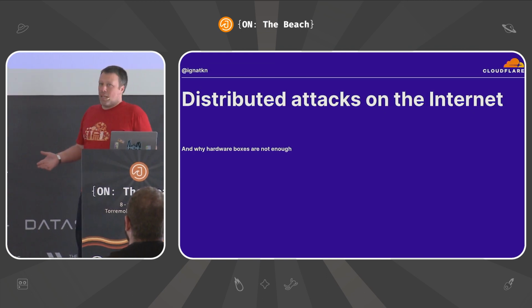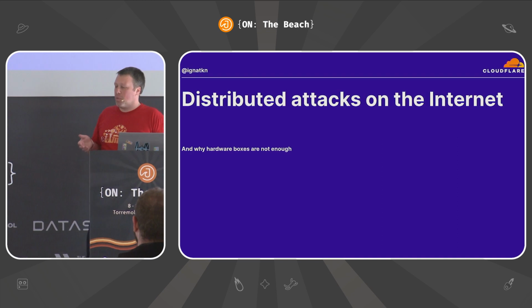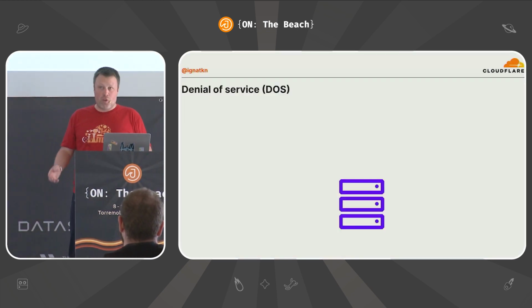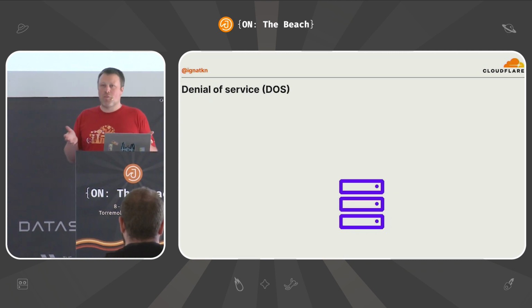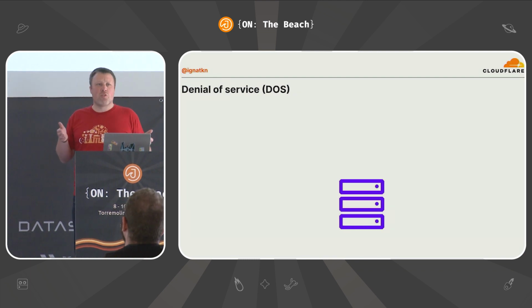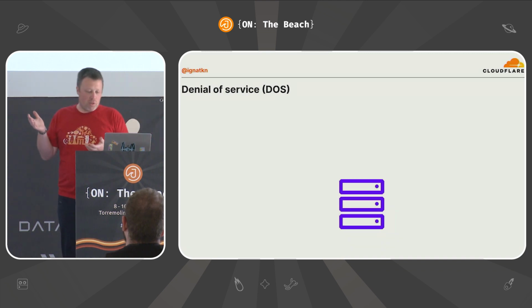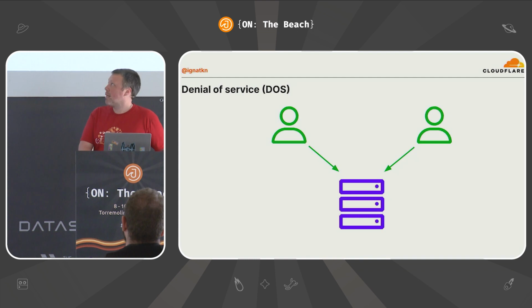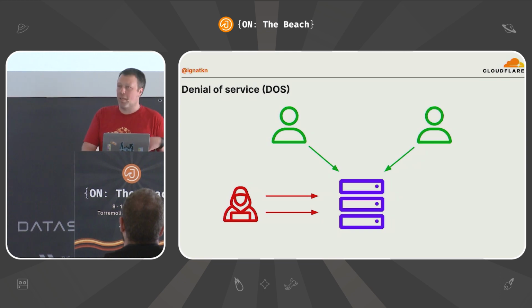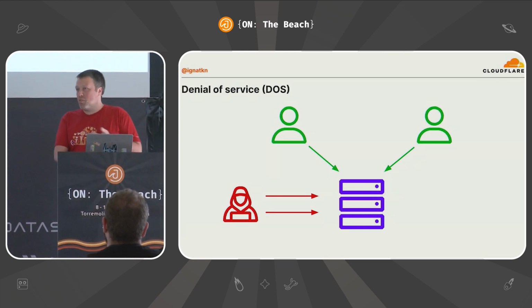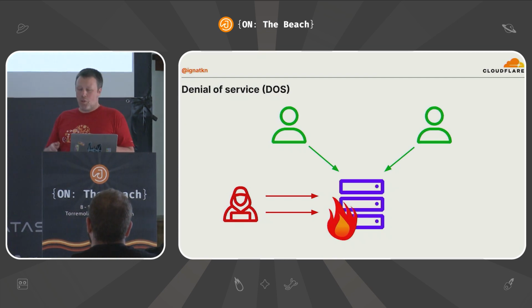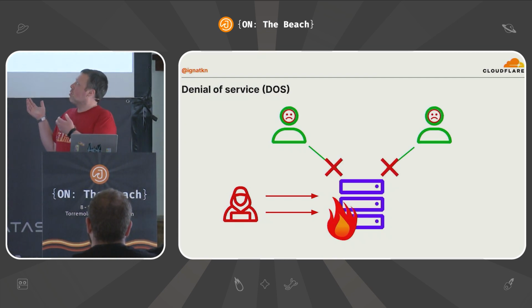So let's actually try to get into context. Let's talk about distributed attacks on the internet. But before going to the distributed part, let's just talk about a denial of service attack, a simple one. So imagine you have a server. Does anyone here run a web app or a server on the internet, or a resource? Yeah. So imagine you have your server and a web application, and you have your users. They try to access your service, but then comes an attacker, and they send some junk traffic to your server, overloading it, and then your users cannot access your web resource, and they're unhappy.